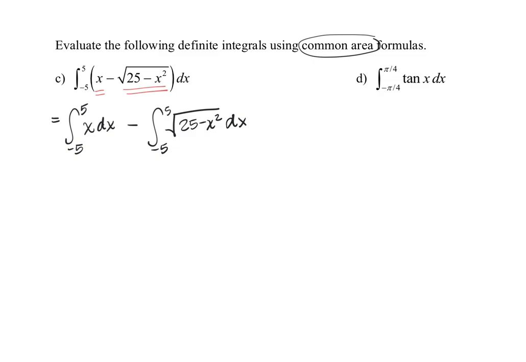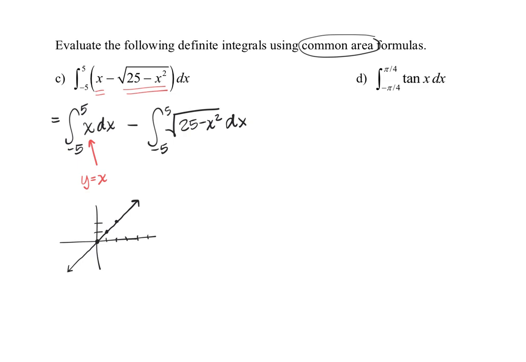So now let's take a look at our first integral here, the integral of just x. So let's look graphically at what y equals x looks like. We know y equals x is simply going to be a line through the origin with a slope of 1. So again, if you have graph paper and you wanted to be more accurate with your graph, you certainly could. But we know this is going to be the line y equals x. And so if we are integrating from -5 to +5,